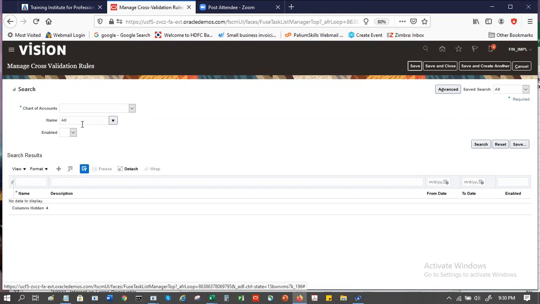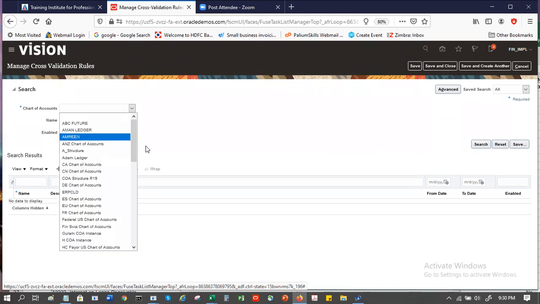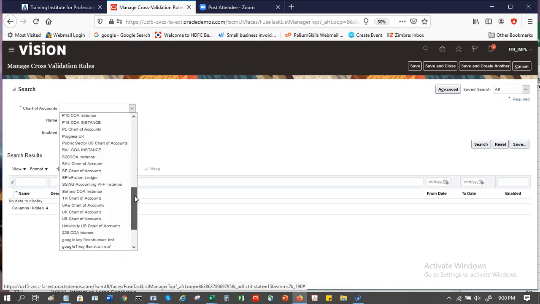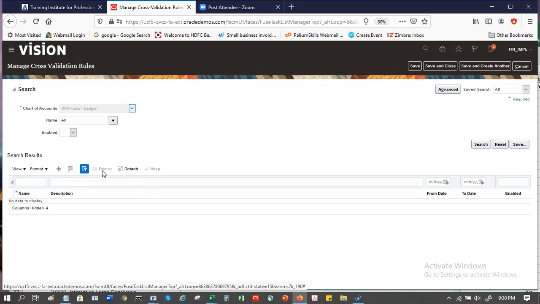Now, this is the normal manual way of doing your chart of accounts rules and all that. If I want to check for anything for SP infusion, I can search for it. If I don't find anything, I can create.